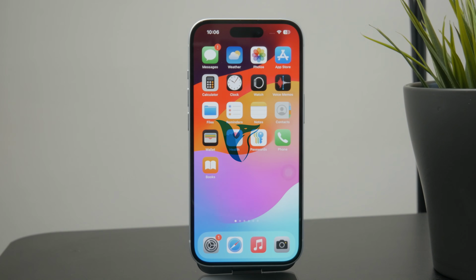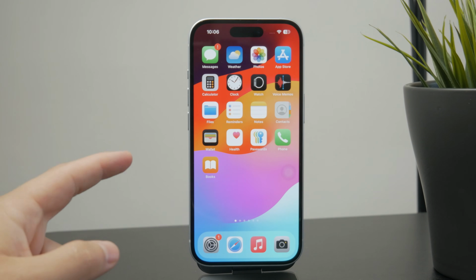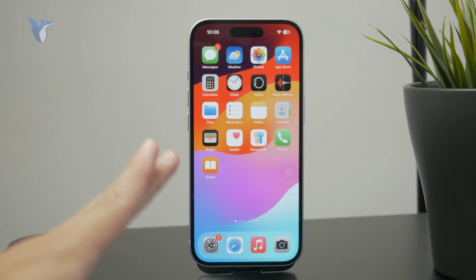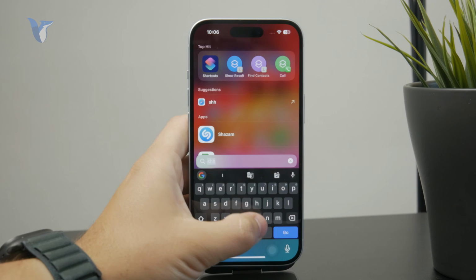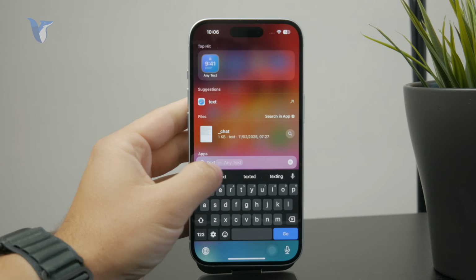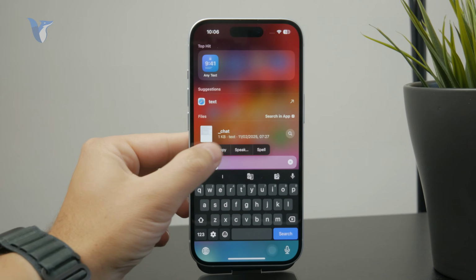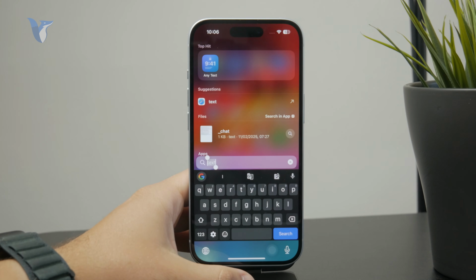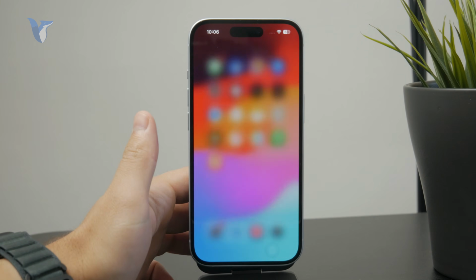Let's talk about how you can view the copied text history on the iPhone, and let's get into it. So, as you know, you can go ahead and copy text and then paste it, and obviously it is stored somewhere in the background. But if you want to get more control over it, there are some options you can